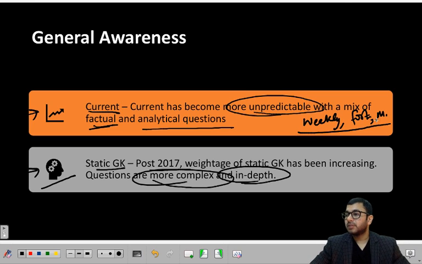Monthly coverage sources: my website, you will find monthly coverage. Affairs Cloud is good enough for current affairs, but as I said, don't cover it right now. Current affairs, cover it later for phase one. GK Today is also fine. Now the quality has gone down, but it can be used as a supplement. Affairs Cloud is good. Olive Board is also good. So these are the sources that can be used.